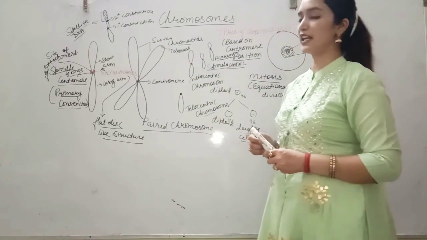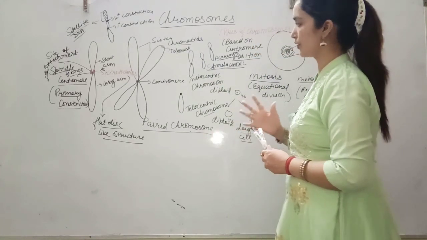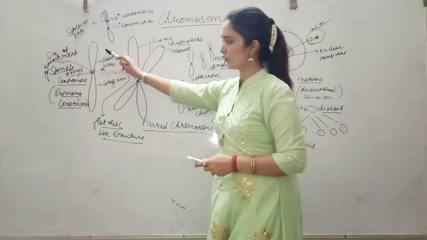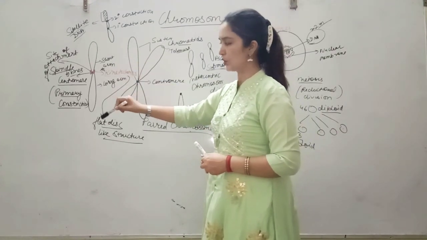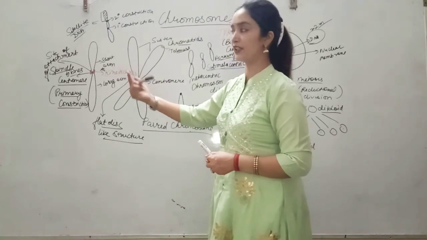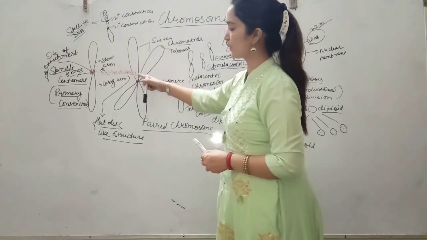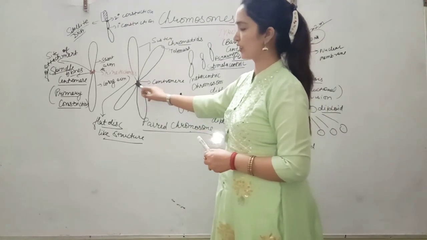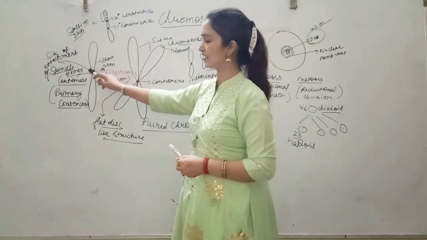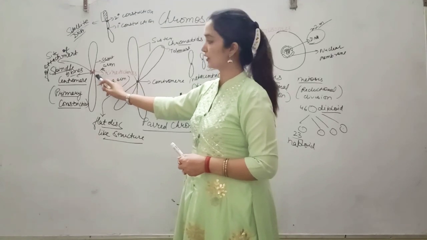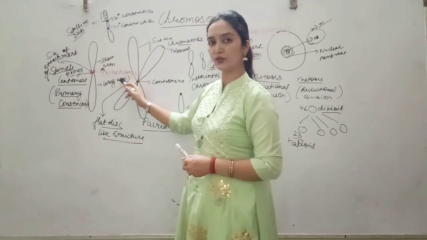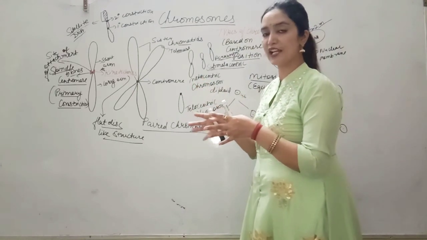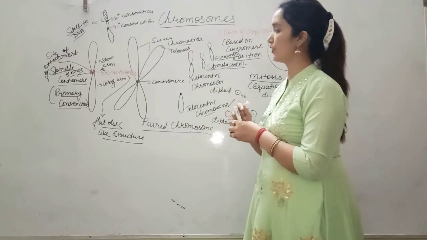So students, what we have discussed today? We have discussed structure of chromosome. Chromosome generally has two arms, one short arm and one long arm. Sometimes it is also called P and Q arm. And when it is present in paired form, it is called paired chromosome. In the center, centromere is present and some flat disc-like structures are present along the sides of centromere that are called kinetochore, the site of attachment of spindle fiber. Very important question for NEET.